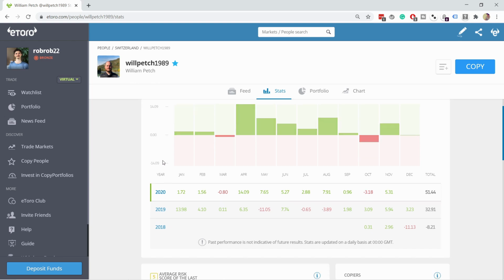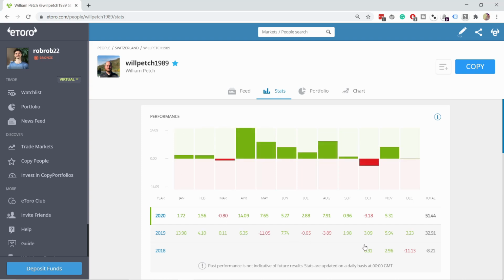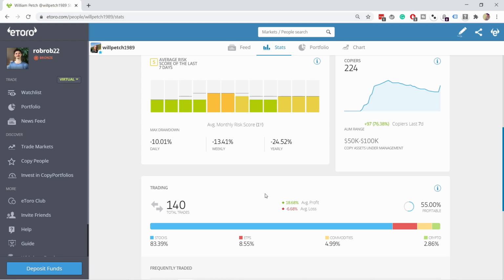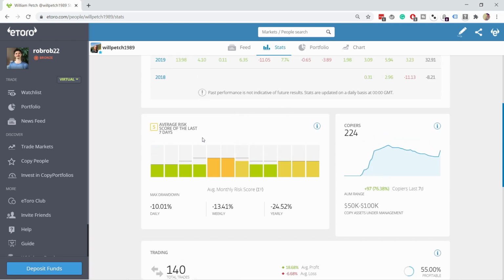And you can see how he has done since he basically joined Etoro. You can see that he's actually been quite consistent the last 2 years, and actually 51% during this year. That's pretty good. So then you would look, okay, looks good, the stats look good, and here you can see how much risk